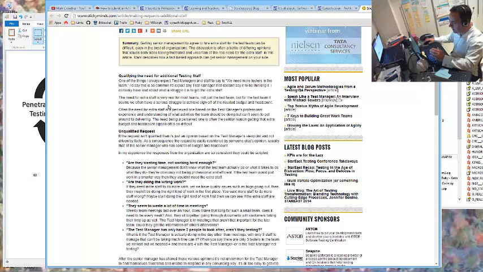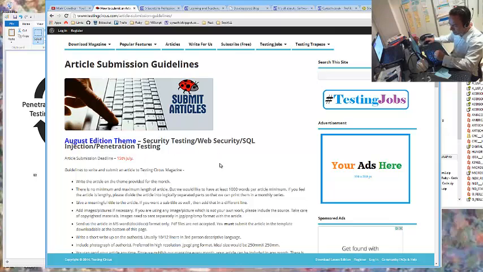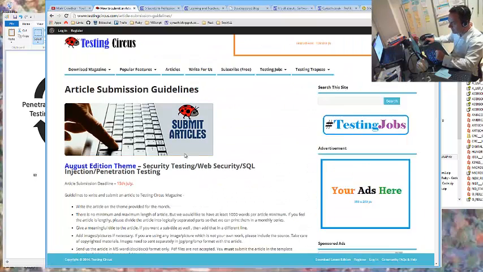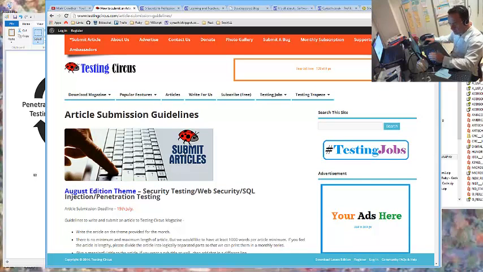But, and I'm coming on to something else about learning, by the way, here's why I'm rambling about submitting articles. I obviously want you to know about the article I'll put in, but I wanted to encourage you to write articles. Places like Sticky Minds and Testing Circus are great places to put your articles, or your own blog, etc.